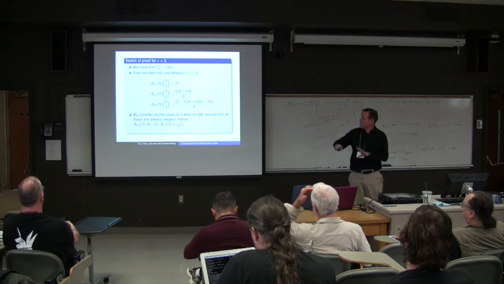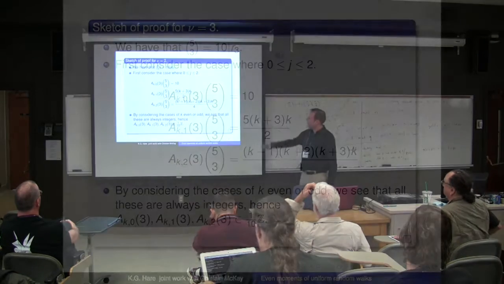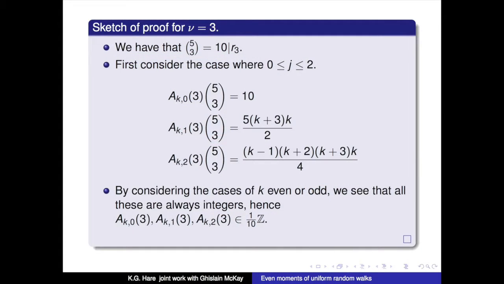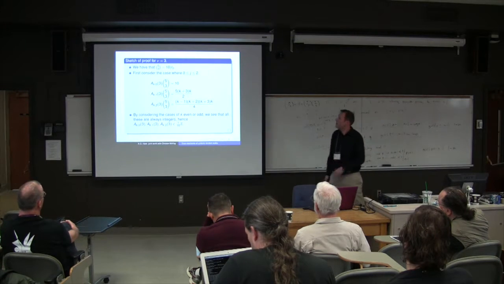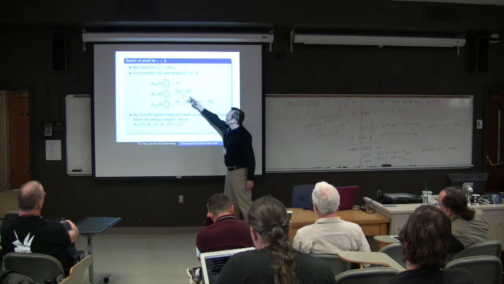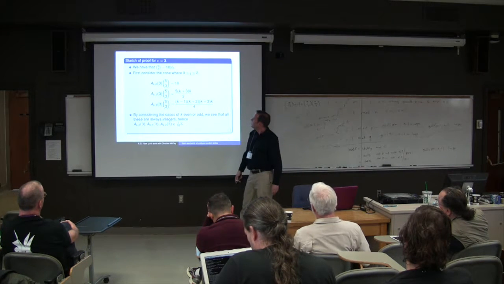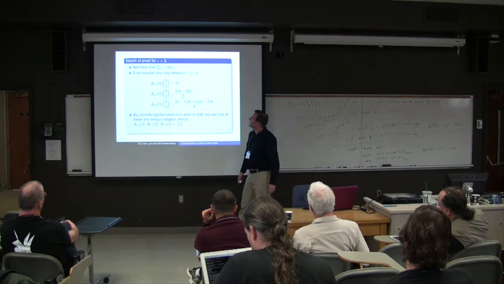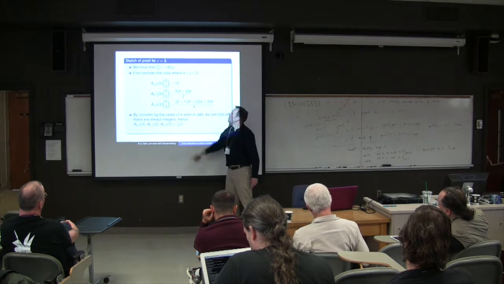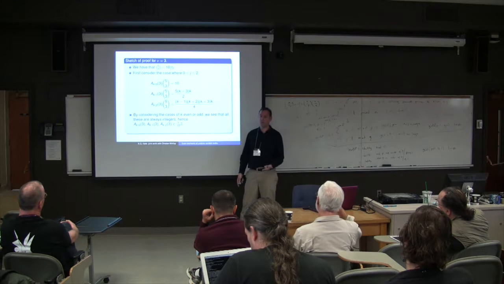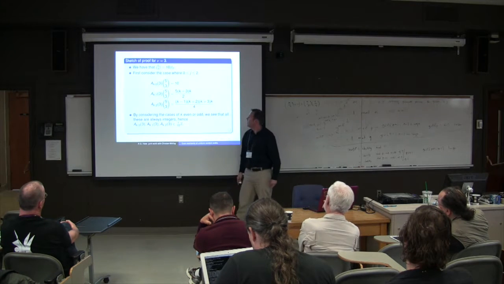As a brief heuristic of how this is going on, we have a bunch of cases. We can explicitly just say, take the second term equal to 0, 1, or 2, and look at what the k terms are, and look at these things, and hope. We want to show that 10s in the denominator, so I want to show that I don't get any. I multiply by this 5 choose 3, and I want to show that these things are always integers. Well, this thing here, either k is even or k plus 3 is even. So that's going to be an integer.